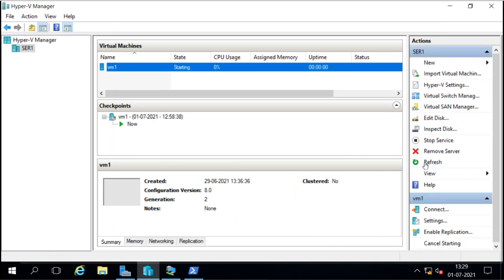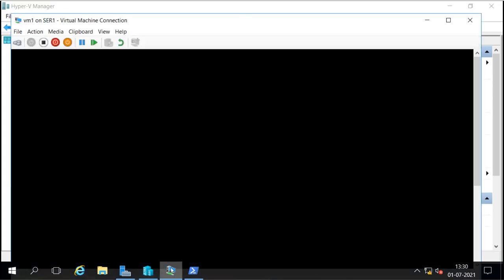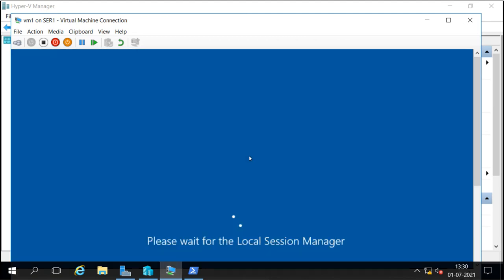Now I will install the Hyper-V role, and if it is successfully installed, that means we can create a virtual machine, and that means we can do the nested virtualization. So let's see. Previously it was giving an error saying the processor is not supporting virtualization.